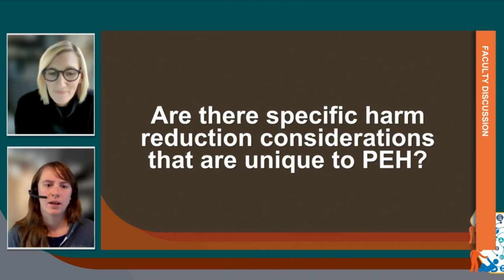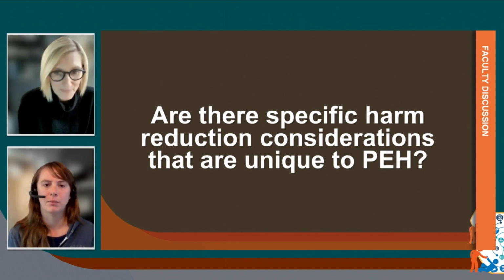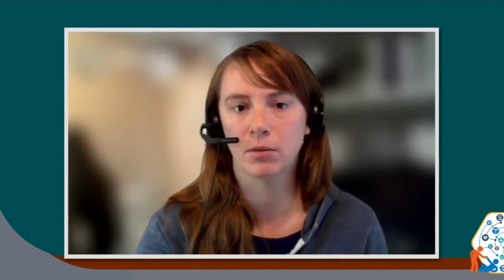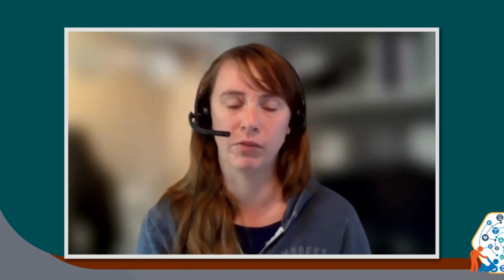Great question, Stacey. Things that come to mind: hygiene kits, handing out hygiene kits, both in street outreach work and in clinic settings. So having on hand things that can specifically help people, in my opinion, with wound care, considering you might not have access to running water. So as much bottled water as we can offer people so that they have clean water, and then all of those wound care supplies. So we actually make wound care kits as a harm reduction approach to the spread of infection. That's what comes to mind for me.